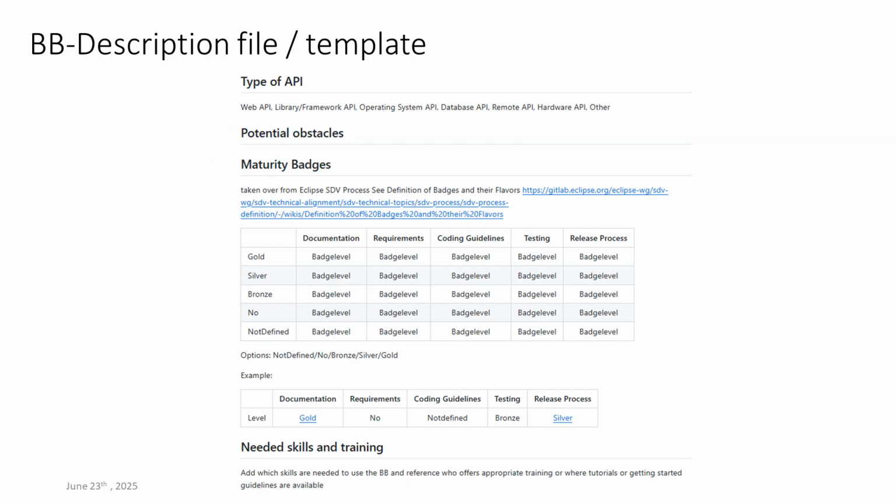Then we have the type of the API which the building block offers. Is it a web API, a library, an open system API, a database API? Then there is a field for potential obstacles. That means, are there some hindrances to implement it, or what we have to think about, or something that needs